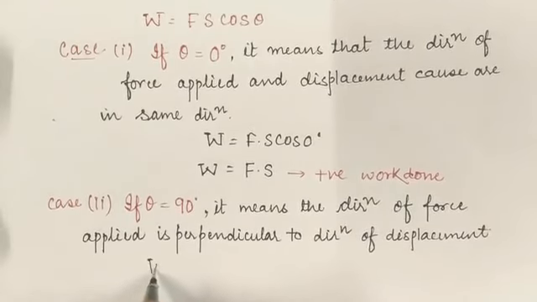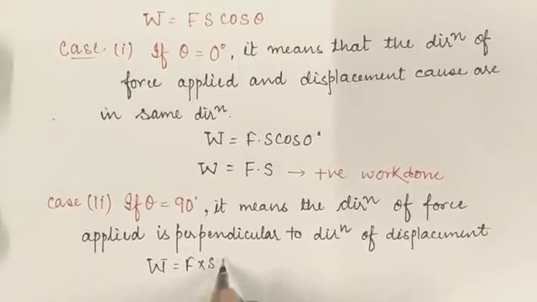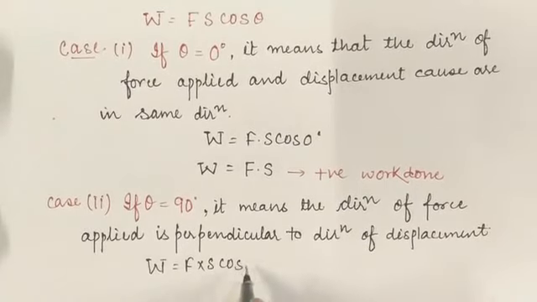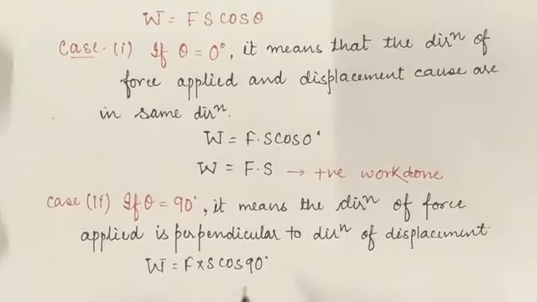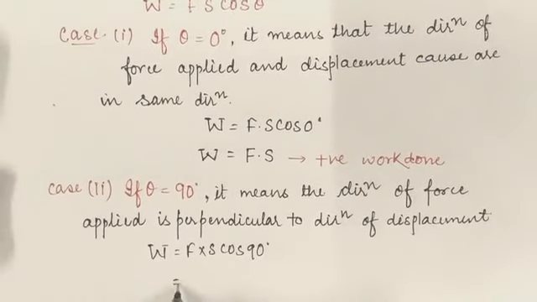We will get work done equals to force into displacement and into cos theta, and here the theta is 90 degree, and since we are knowing that cos 90 degree is equals to 0, it means